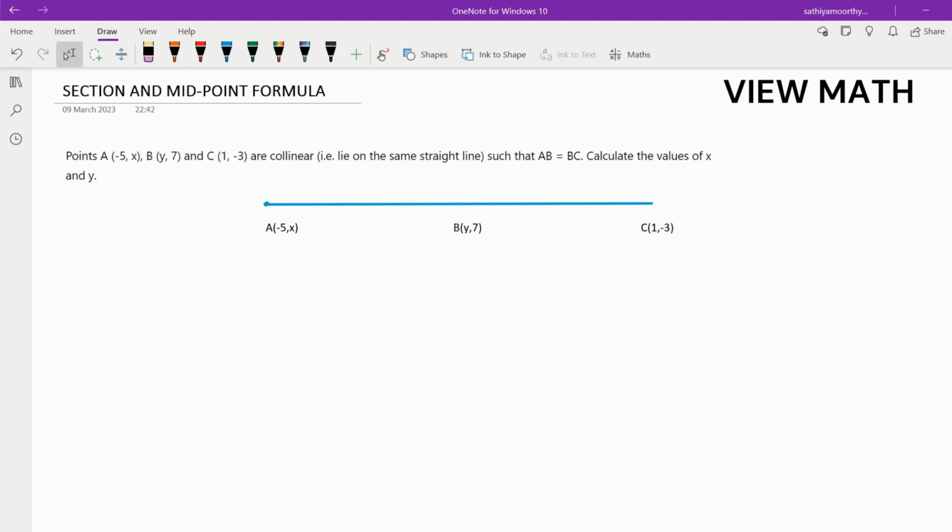So this is the point A, this is the point B and this is the point C. They have given AB is equal to BC. This implies B is the midpoint. B is a midpoint they have given. So I'm going to use the midpoint formula to find out the unknown values, that is x and y. Midpoint